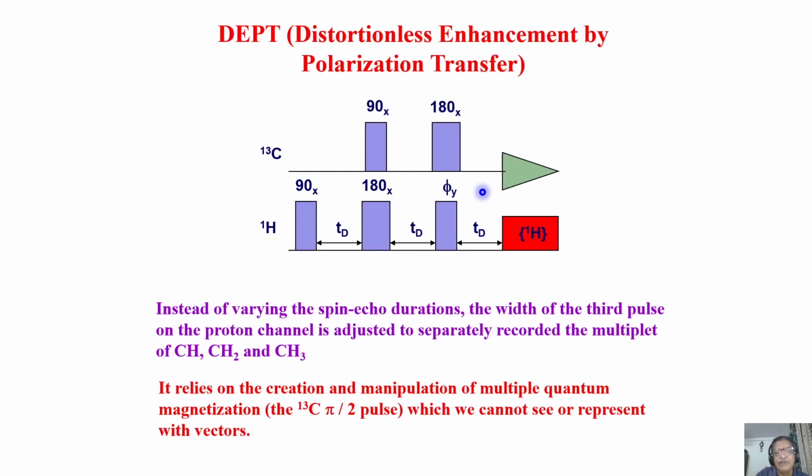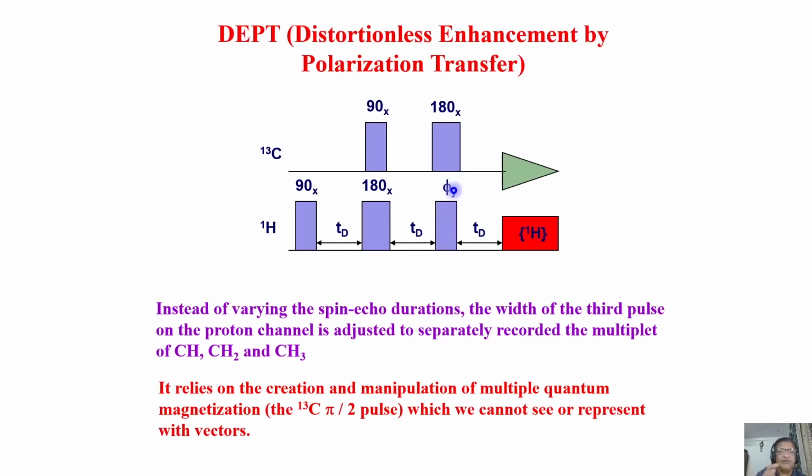Now I will record the spectrum, proton decoupled. So I get 3 different peaks for CH3 carbon, CH carbon, CH2 carbon. Measure the intensity of each of these peaks by varying the angle phi. I vary the angle phi, 5 degrees, take one spectrum. Measure the intensity of each of the carbons. Vary the angle to 10 degrees or 15 degrees.